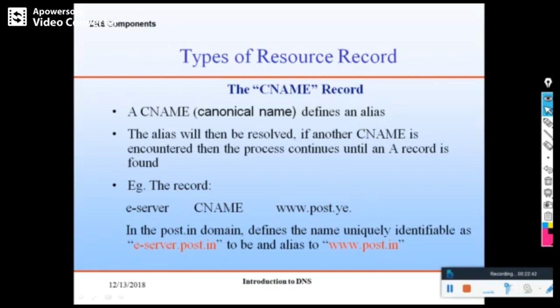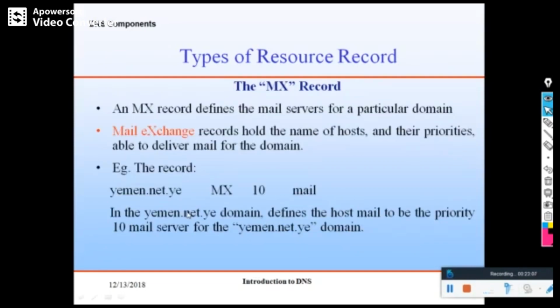So instead of typing www.post.in or ye, if you type eserver.post.in or ye, that is also possible. That is called canonical. So this name is also called by one more name, that is eserver. That is called an alias record.